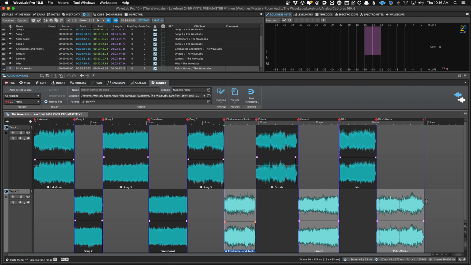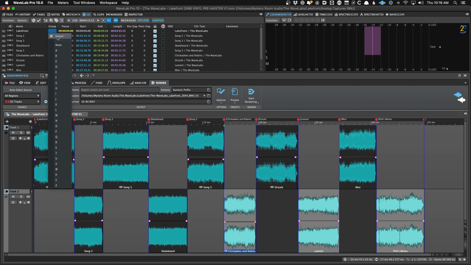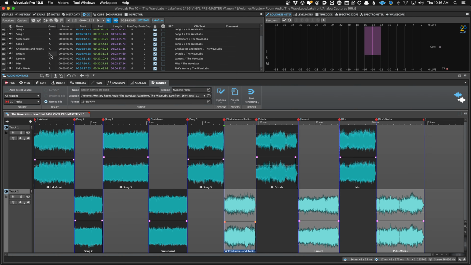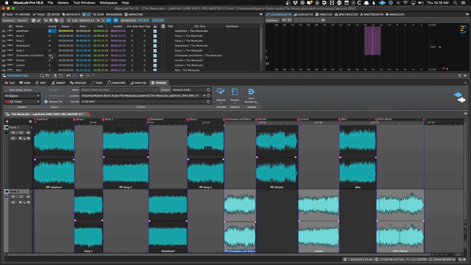So there are two reasons to determine the CD track group. Up here in the CD tab, we see group. I'm going to choose group A. By default, that puts all the songs in group A, which is, of course, not what we want. As you can see, some of these song titles are not really creative. Song 2, that's actually how the client wanted it. Of course, I've modified the band name for secrecy. But anyways,